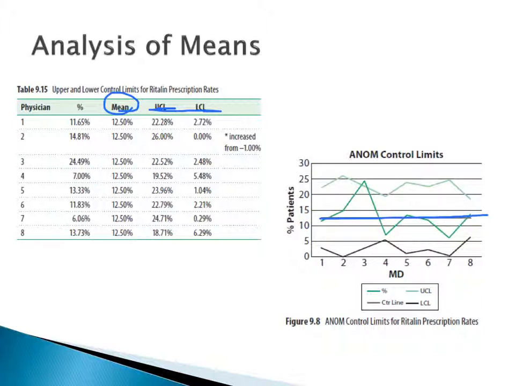And as we thought, physician number 3 is actually outside of his or her own upper control limit. So that person is just going crazy prescribing that Ritalin. Whereas physician number 8 that we thought might be quite high is actually pretty much in the pack down here,